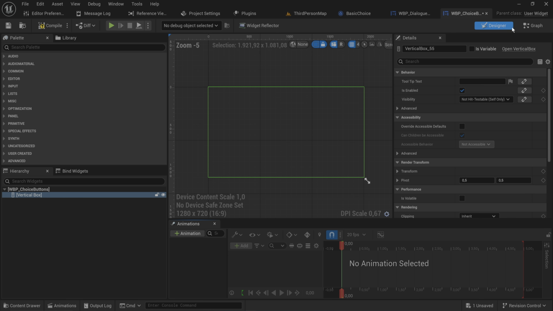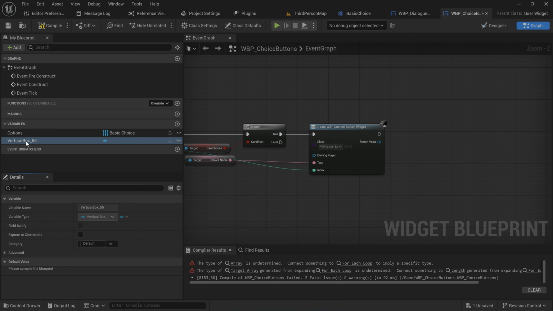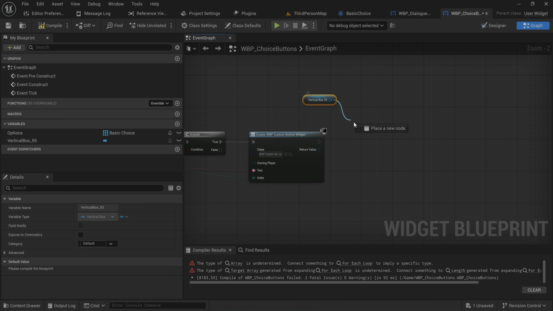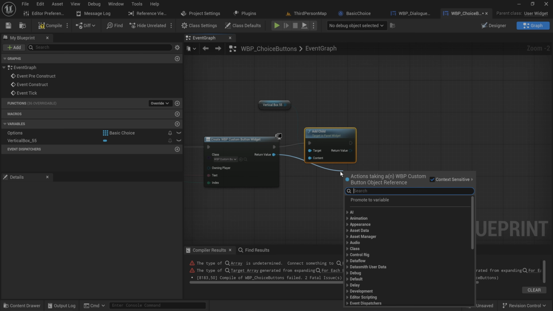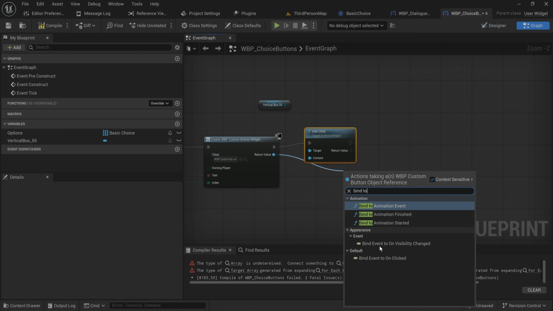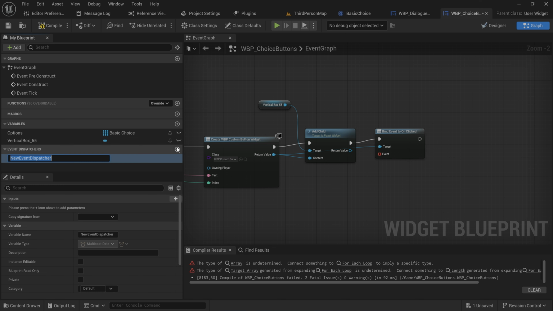Anyway, after that, make sure that our vertical box is set to being a variable, so we can pull it into the event graph. And we're going to add a child to that, and we'll add the button that we just created. From that, we'll also bind to onClicked, and add another event dispatcher and call that something like